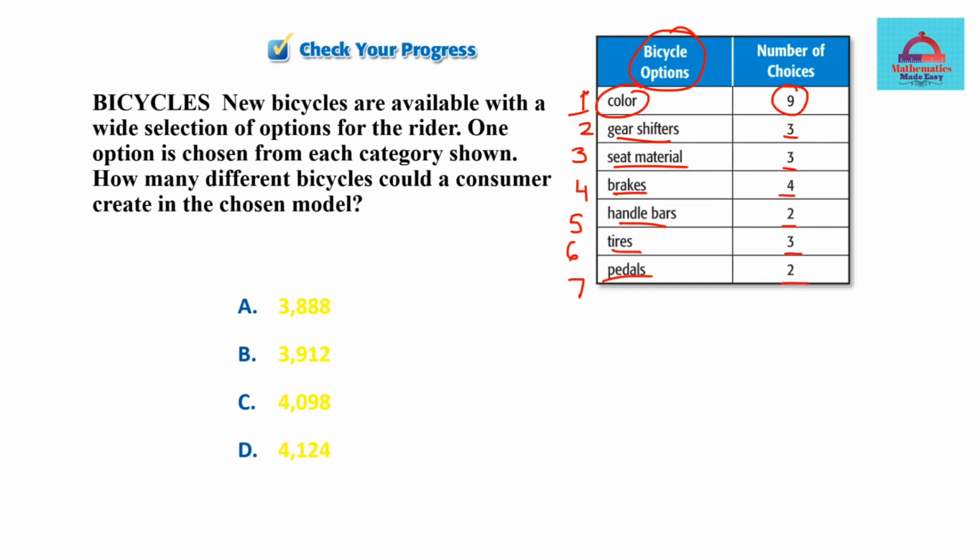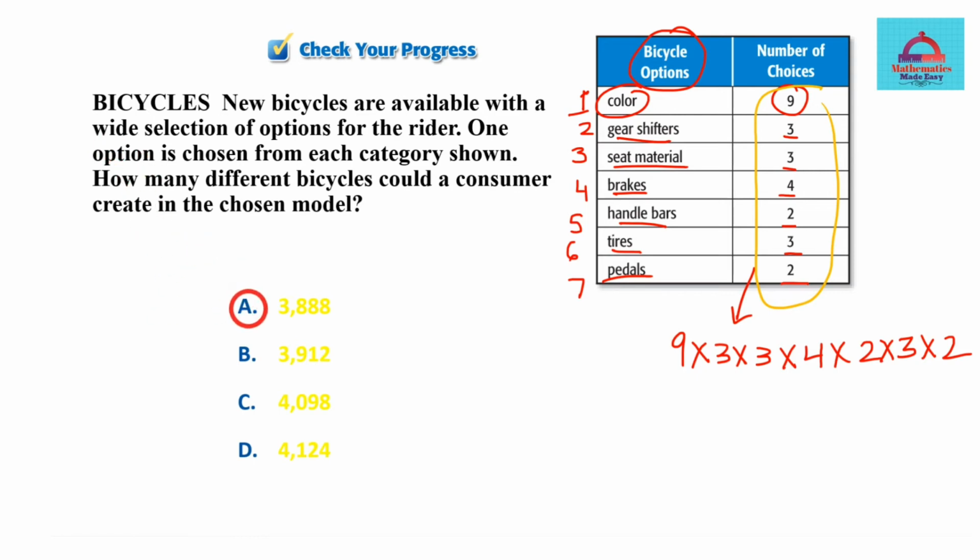So very simply, if you apply your fundamental counting principle, you just have to do the multiplication. So you will do 9 multiplied with 3 multiplied with 3 multiplied with 4 multiplied with 2 multiplied with 3 and 2. So just a simple rule to apply the fundamental counting principle would be to just multiply all these numbers which you see for the number of choices. You can now use your calculator, multiply, and I'm sure you'll be getting the correct answer as A here, 3,888. That is the number you are going to get for the total number of possible outcomes when you multiply and solve.